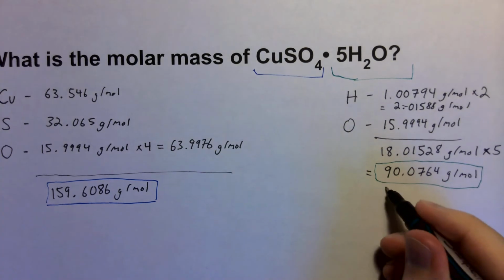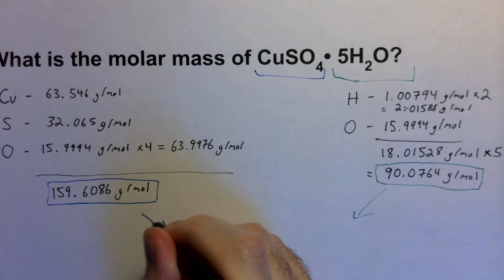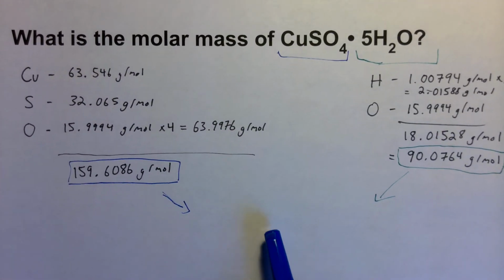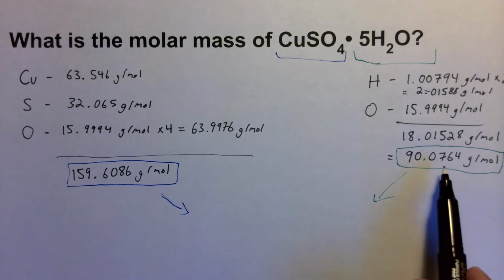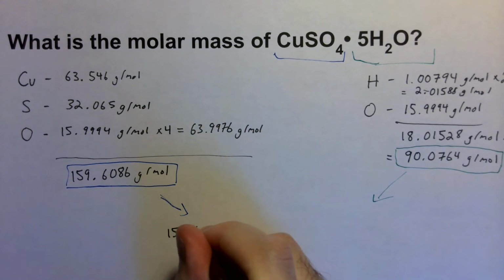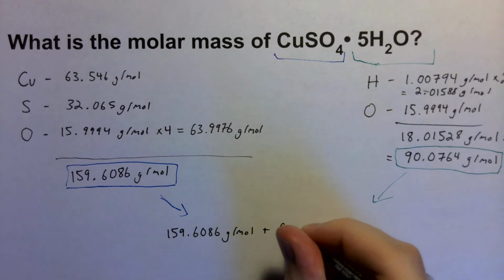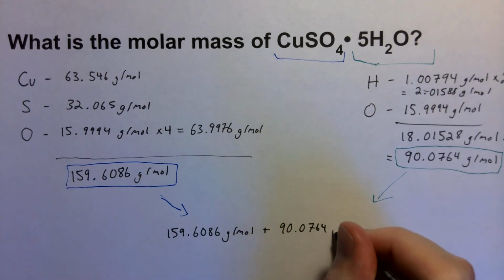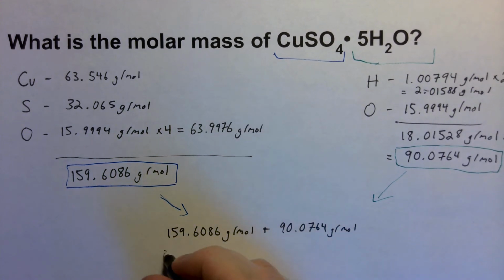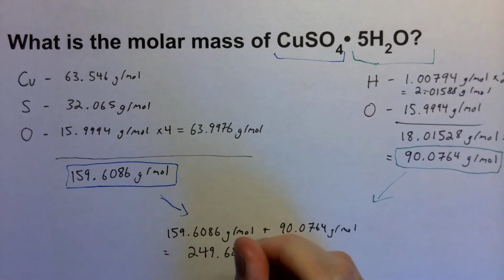So now we're going to take those two numbers and add them together to determine the overall molar mass of copper sulfate pentahydrate. So when you add this value with this value, I'm just rewriting it again so it's more clear. Your final answer will be 249.685